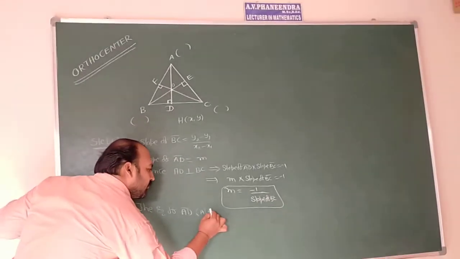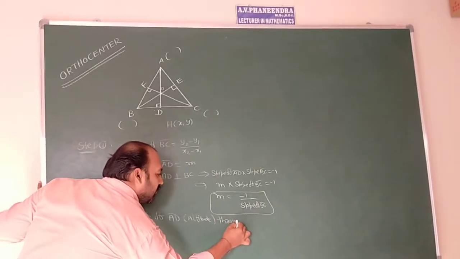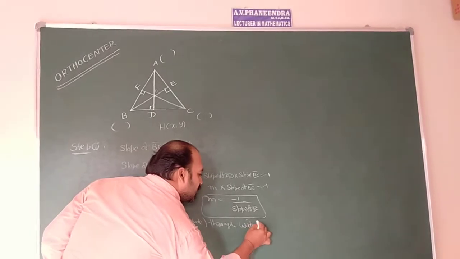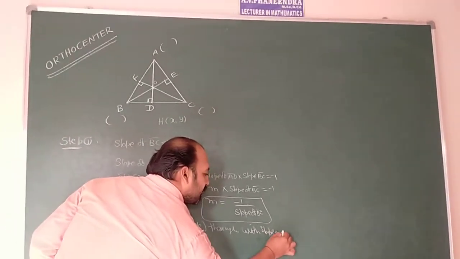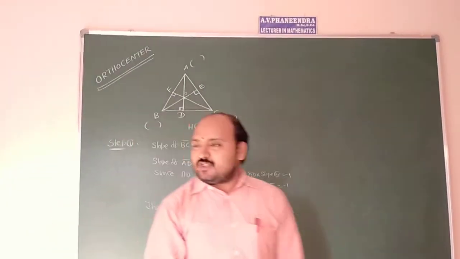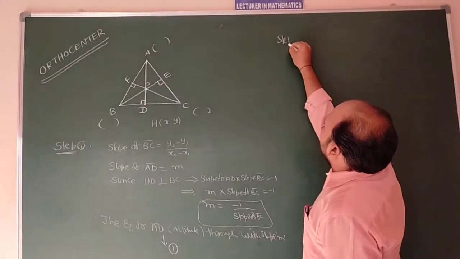altitude through A with slope M. This is equation number 1. Same procedure we have to follow in this step 2. What we are going to do is